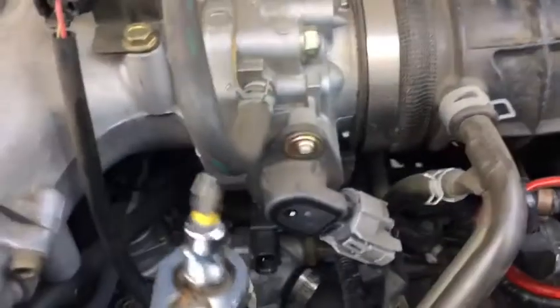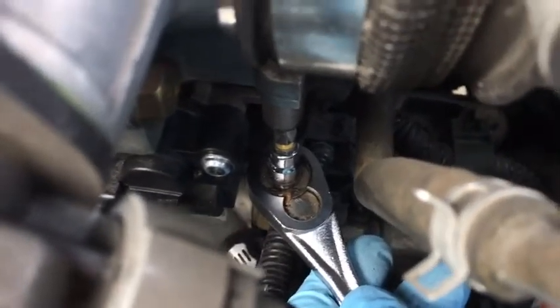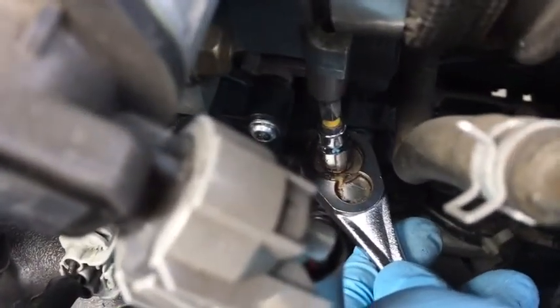So primarily what you do with this is, like that, access the bolt, the Phillips head, and simply loosen it. The thing about most of these is that since it's on an aluminum frame, or the threads are aluminum, they don't really need to be tightened that hard. So if it hasn't been serviced before, it should be relatively easy to remove without that much force required to turn